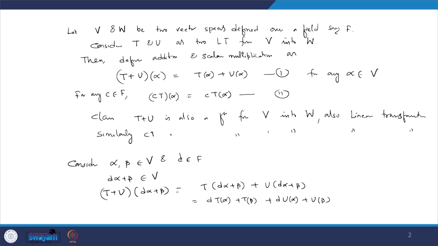So, this means that T plus U of d alpha plus beta is equal to,